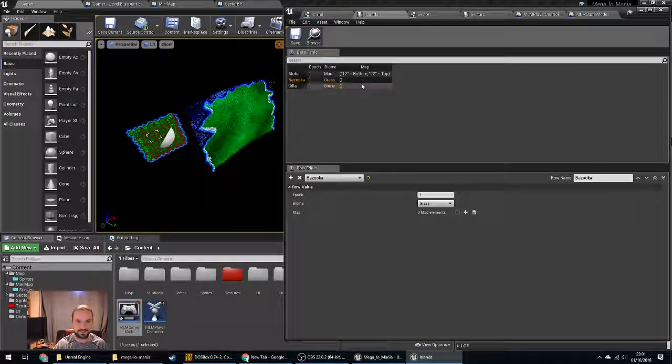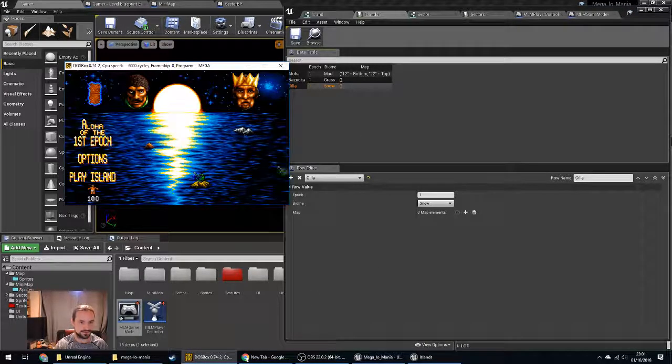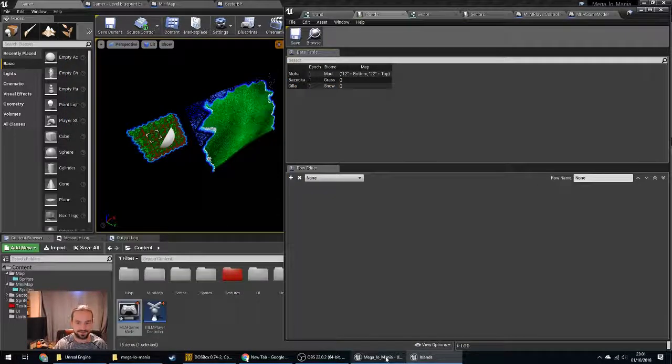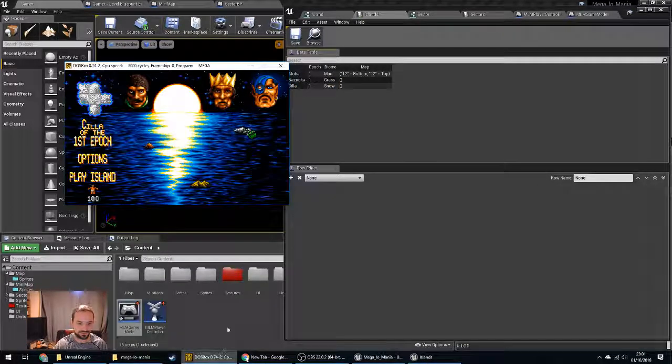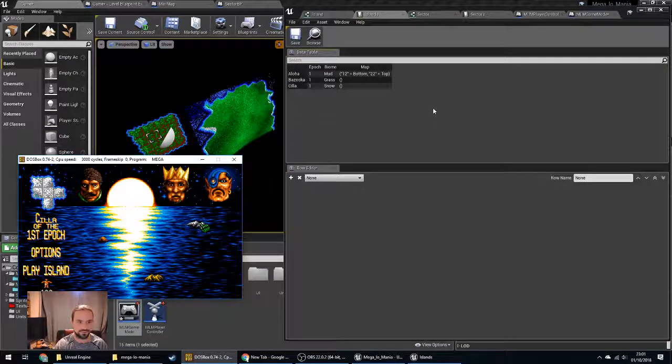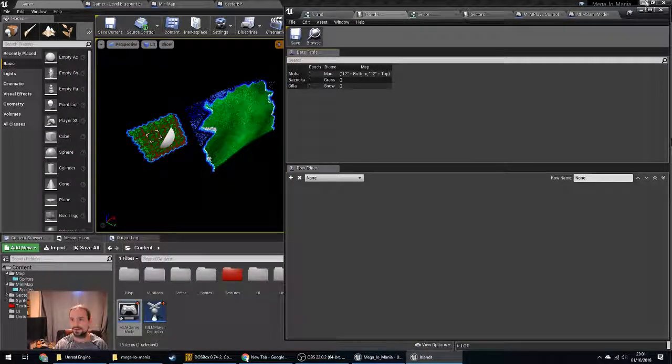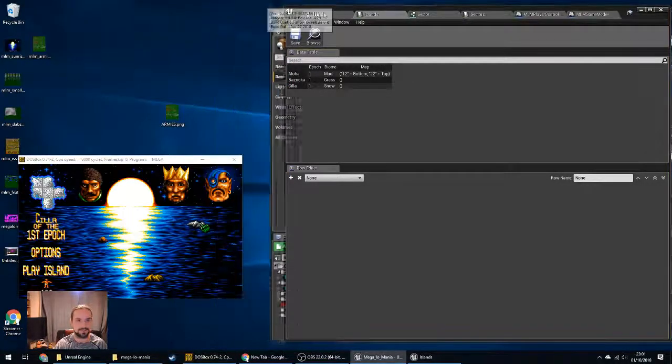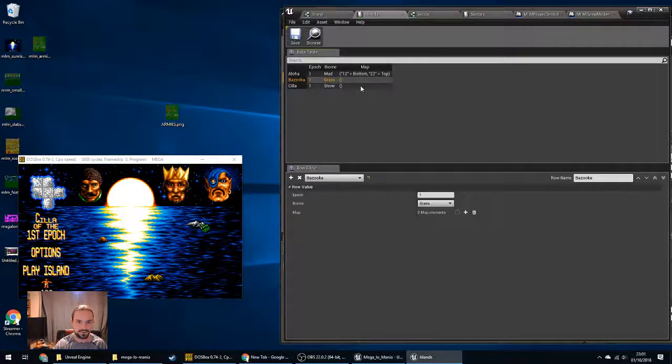Now we just need to define that map. We have the game open here, so we can select that map and see what it looks like. It's much more complicated than the one we're currently working with. I just have to rearrange the windows a bit because it keeps going behind it. So we can